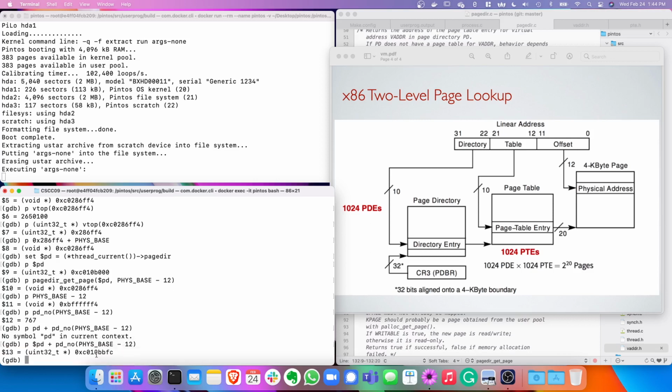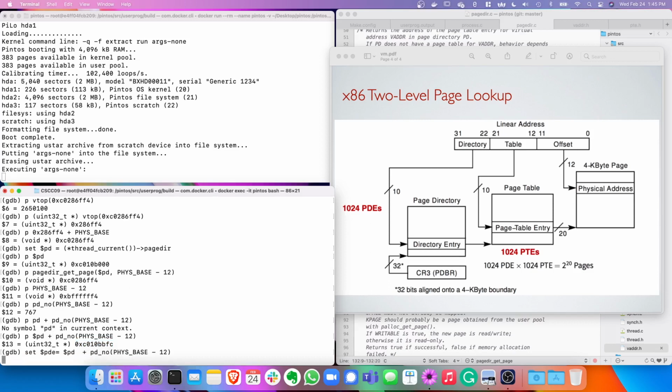So if I do that, then I'm obtaining an address. What's the address? It's the page directory entry for that address here. Okay, so physical base -12. Let's take that and give it a name. I'm going to call it PD, page directory entry. Now from this page directory entry, I can get the address of the page